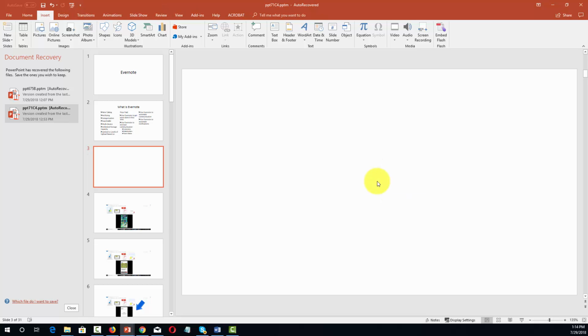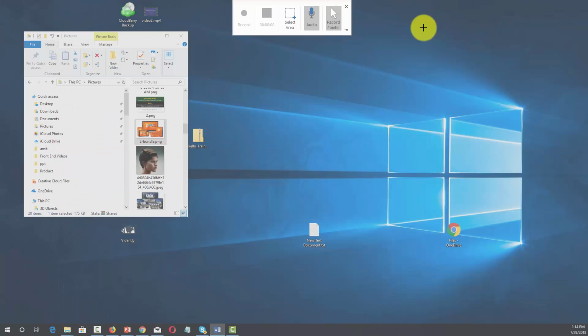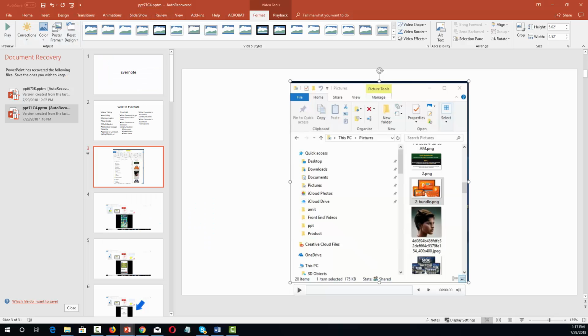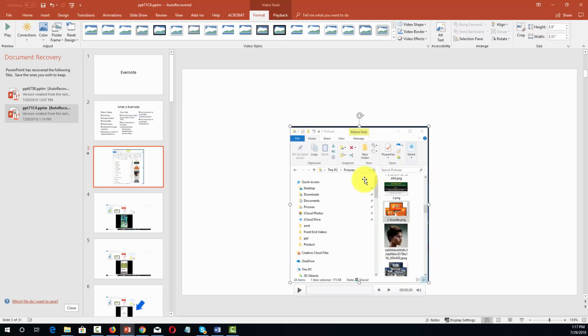Now finally, one other thing that you can do inside of your PowerPoint presentation is to record your screen. And you can do that by clicking the screen recording button. And what you're going to do then is select the area that you're going to record or demonstrate. And when you're ready, you would then click the record button. And once the video has completed its recording, you'll then have the video available to be sized inside of your